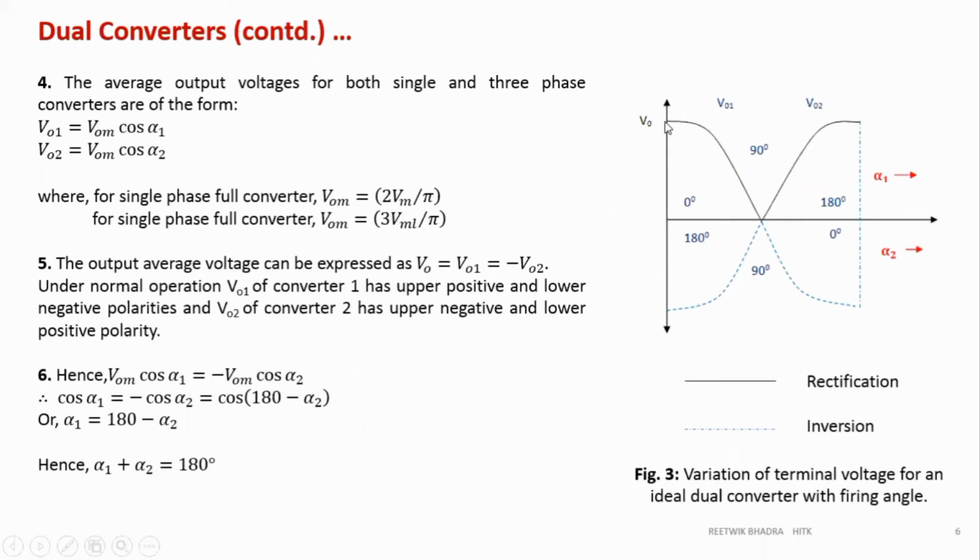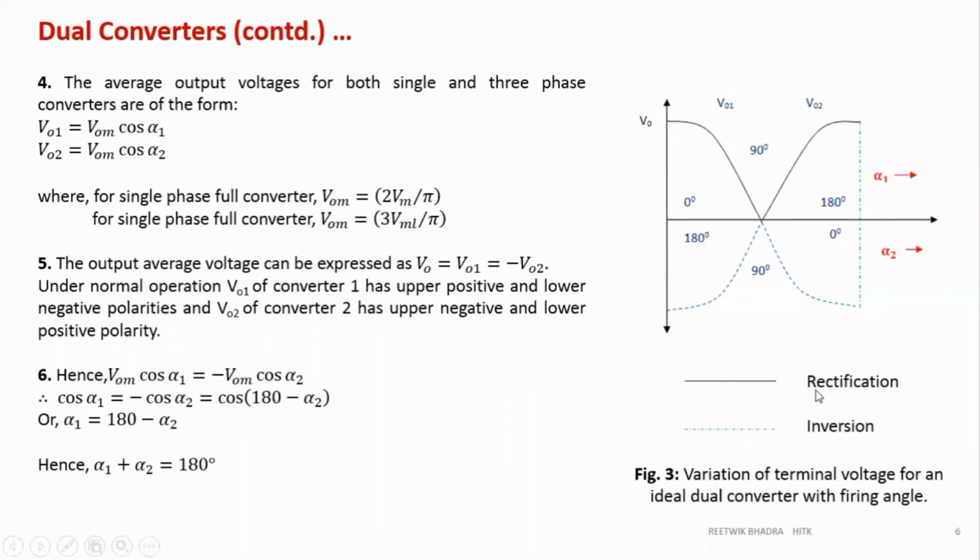So you can understand this. If you put all the values, your V01 will slowly go like this, because it is a cosine function. It will start from maximum, at 90 it will be 0, at 180 it will be minus 1. So it will go like this, and V02 will be the opposite thing, because V01 is equal to minus V02. So just the opposite is drawn: minus maximum, then 0, then plus maximum.